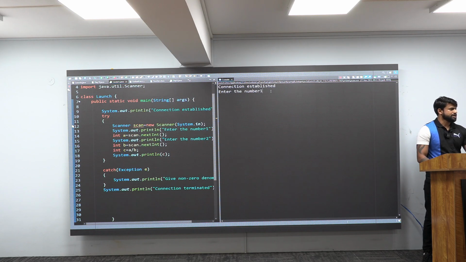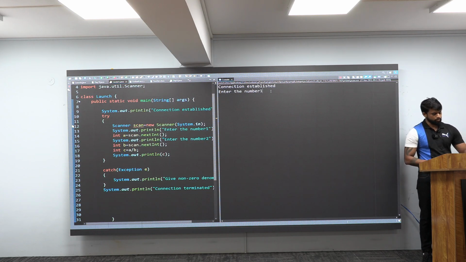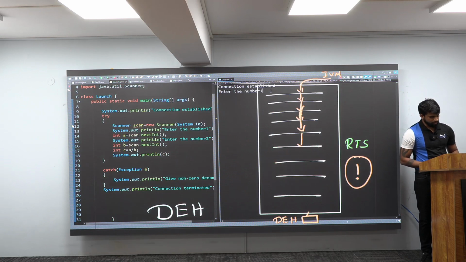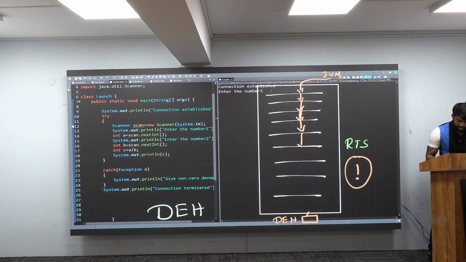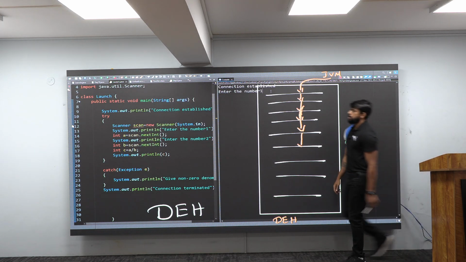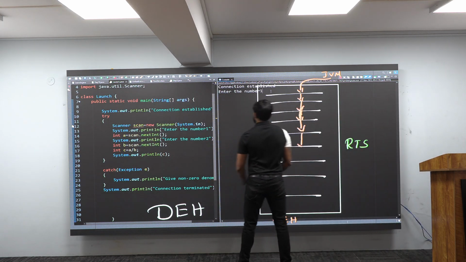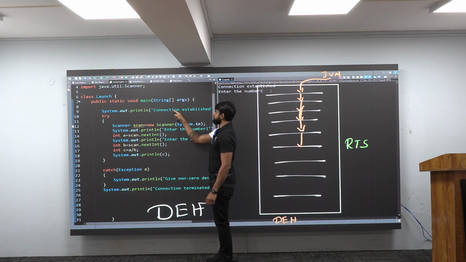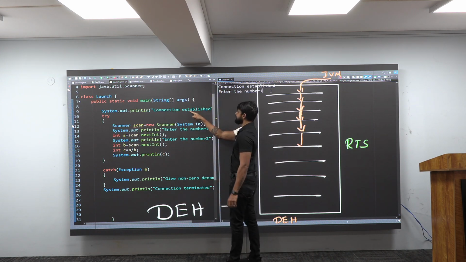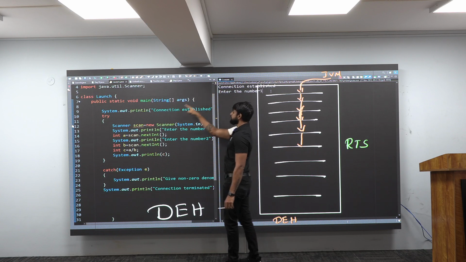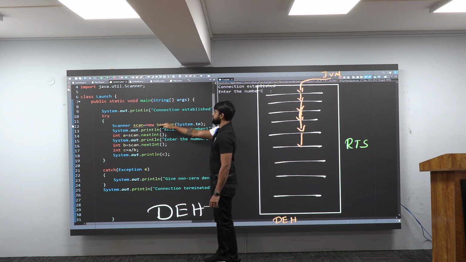You can notice there, enter the number 1. Let me get this now. Brilliant. I will eliminate all of this. Great. Awesome. Enter the number 1. You can notice connection established. No problem. This line executed properly. It went again. Scanner object created properly.